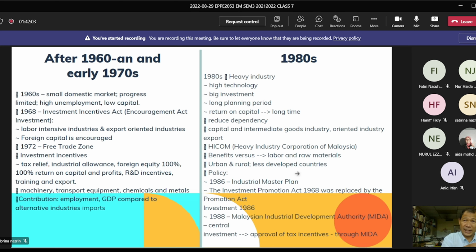But still, Proton Saga was just beginning. Proton Saga just began in 1983. The establishment of Proton Saga was in fact import substitution. Do you agree? Proton Saga, the establishment in 1983, was import substitution because previously Malaysia imported cars, now to produce domestically. So that was import substitution